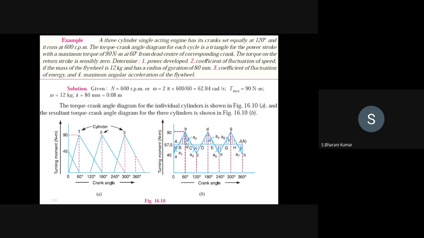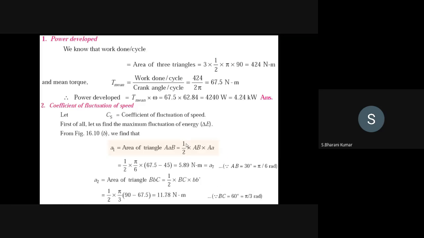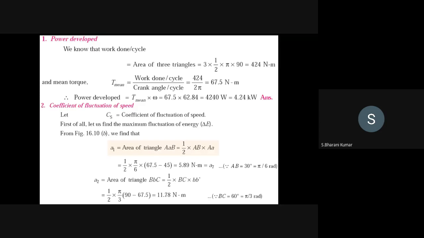So for those they took pi by 3 here, and all the strings will be the same. What you got in A2, A3, A4, A5 and A6, all the strings will be the same here. Okay, the energy value will be taken as